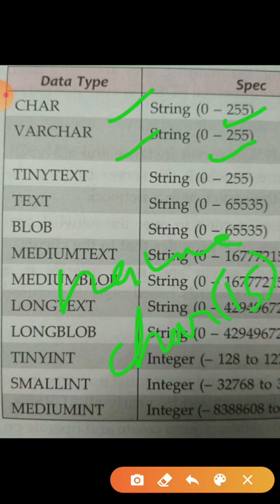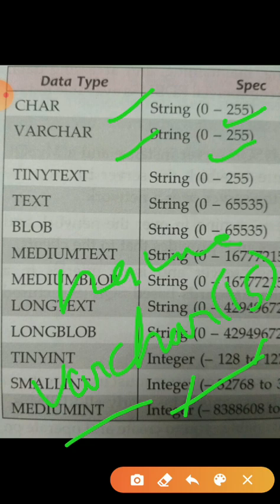If the user inserts a name of only 5 characters, it still takes a total of 15 spaces in memory. But in place of char, if we write varchar and the user enters only 5 characters, it will automatically free the memory from the 6th to the 15th. So that is the basic use of varchar for variable length and char for fixed length.